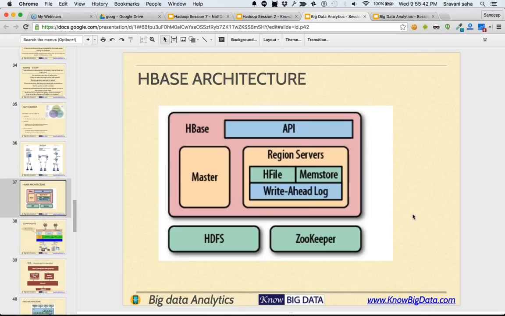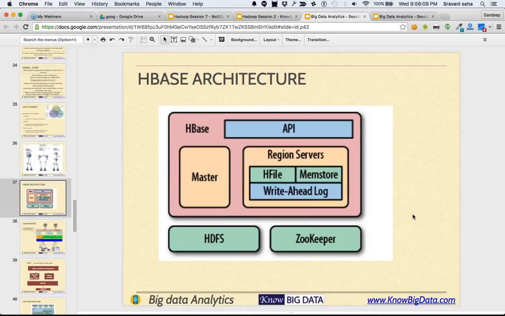So you can see that exactly the same way we had HDFS, here also the architecture is the same. A table is distributed into sections and put on multiple servers, so that when a request for data comes in, the master exactly knows what you are looking for, and it can send your request to the corresponding region server.